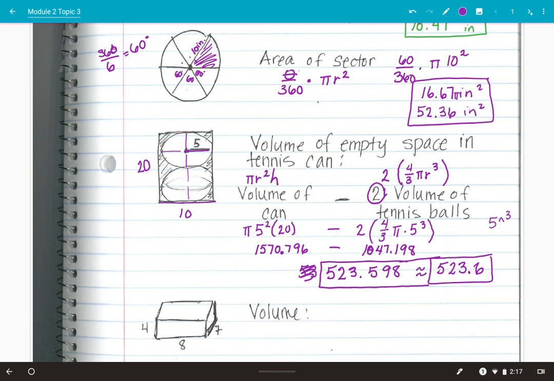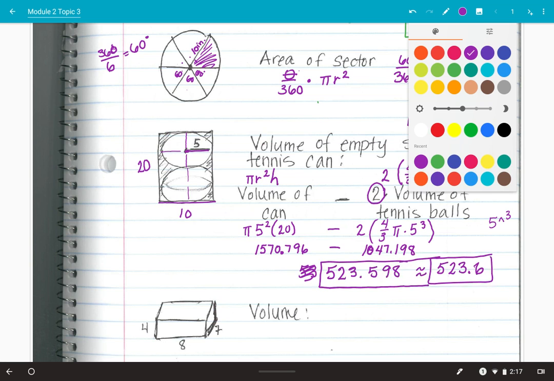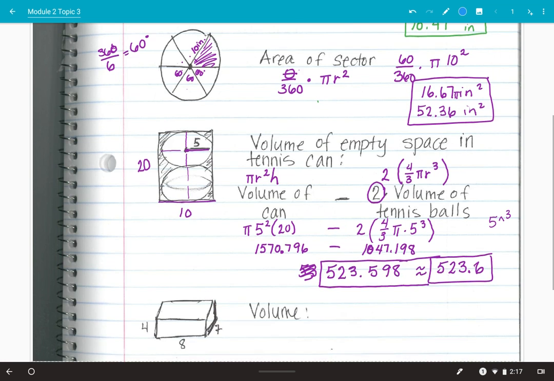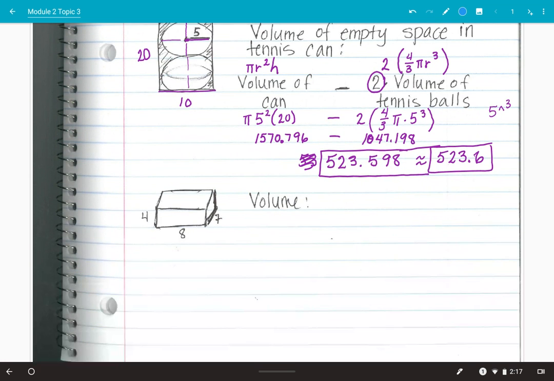Okay. Last one here. This is just one of them that I wanted to do. Volume of a prism. This one's actually the easiest one. We are going to do some prisms on here. Just remember, if it's a prism, I know the big formula is area of the base times height. The area of the base